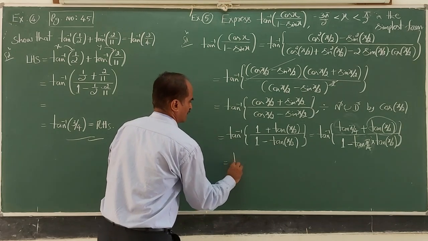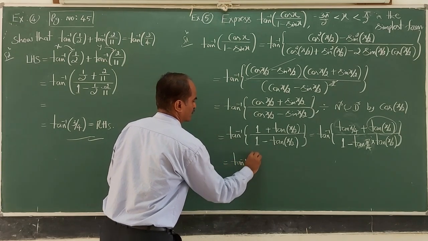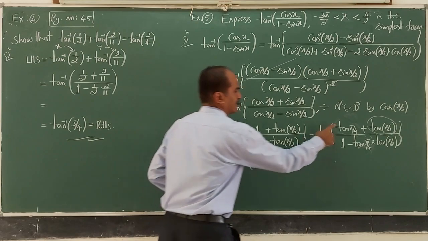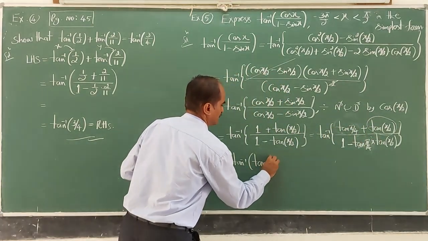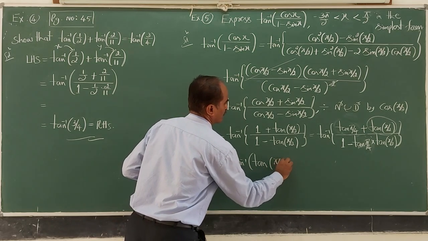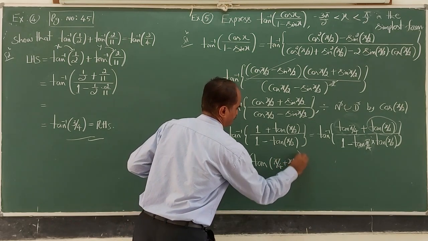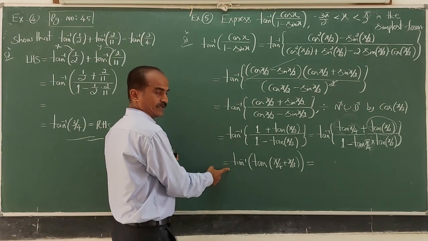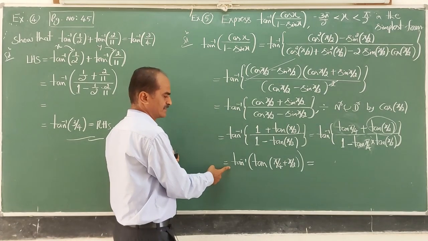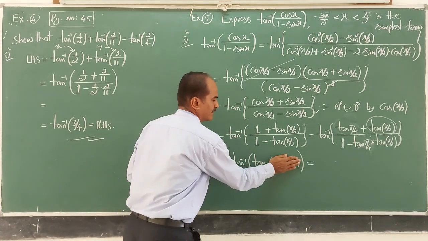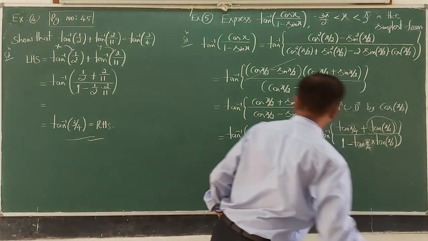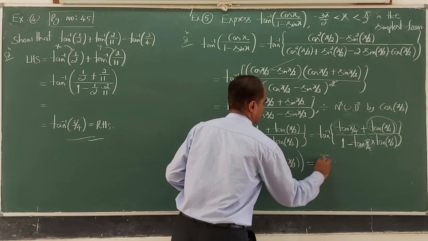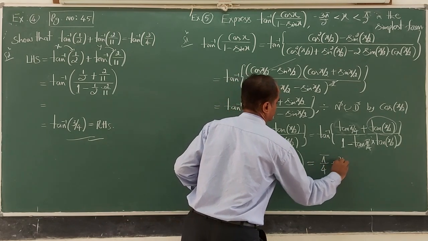I hope you are able to recall which formula you are going to apply. Tan A plus tan B by 1 minus tan A tan B. It is a tan of A plus B. So, tan of pi by 4 plus x by 2. Now, recall one of the standard results, tan inverse of tan y. How much is tan inverse of tan y? I can write it as y. That is pi by 4 plus x by 2,